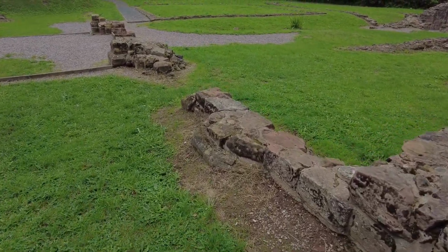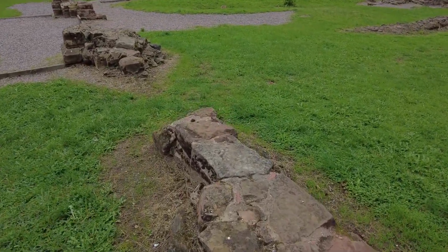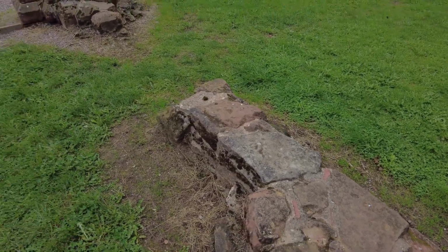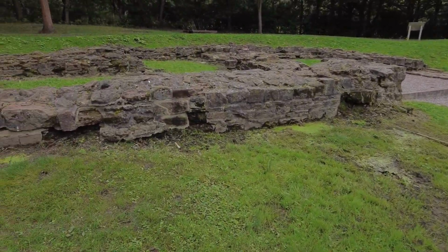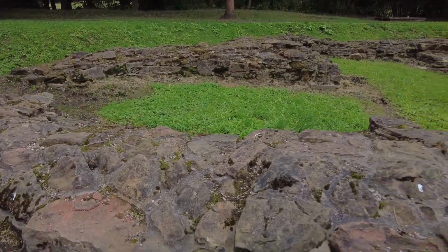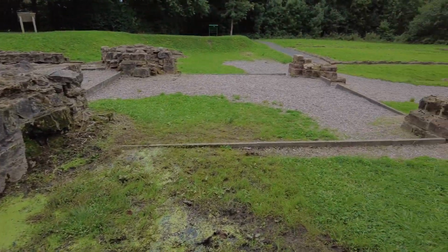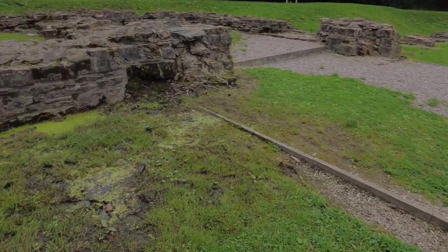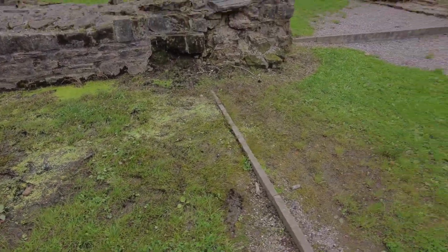Move further on. Again, what looks to be where they would have put the doors, yeah, because is there one opposite side? No, there isn't. So it's a bit of a bog. We've had a lot of rain just a couple of days, so